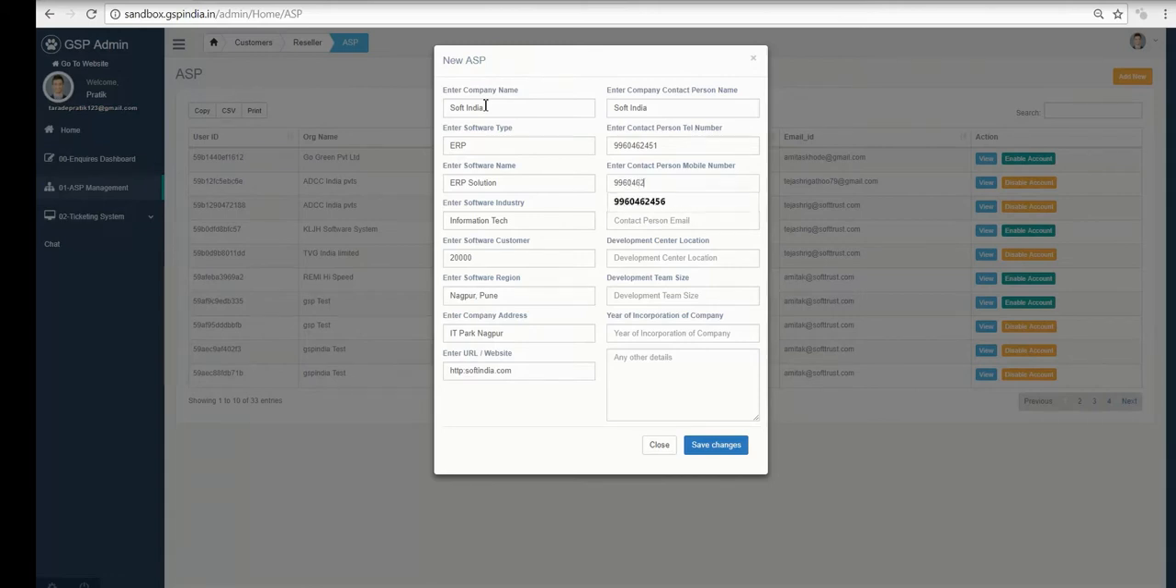Because we feel that contact details related to the ASP are basically only for the GSP interface, and GSTN may not be interested to understand the contact person or email address. So it's a pass-through kind of mechanism where the payload gets loaded. So this is the process where the ASP gets added, and there is a procedure of approval